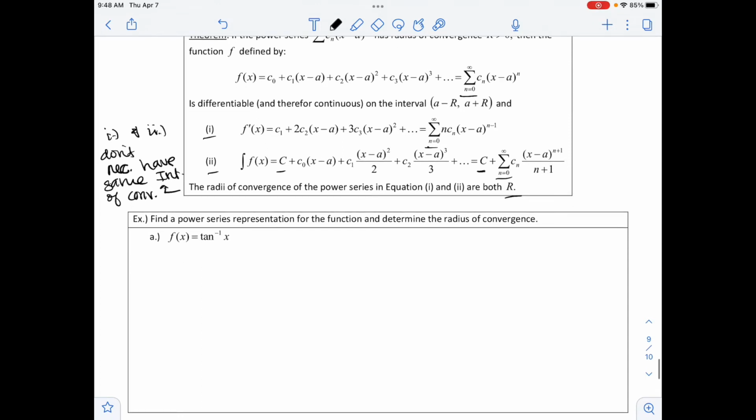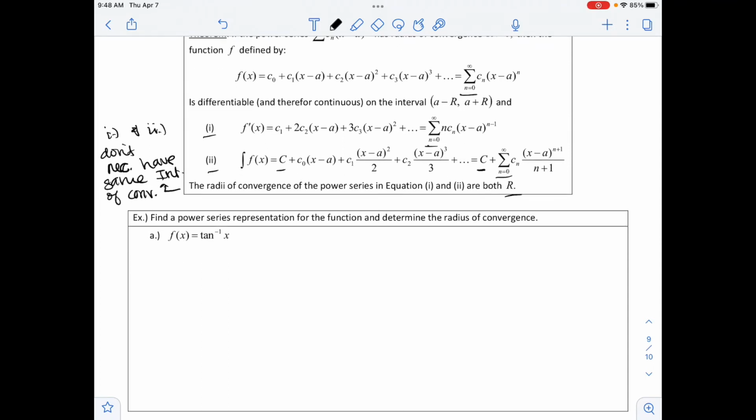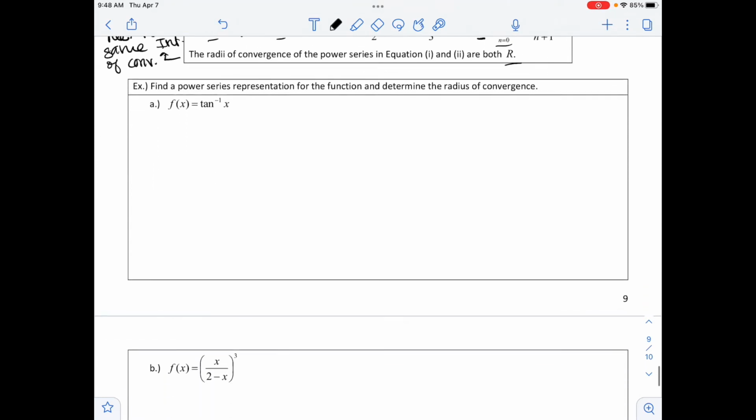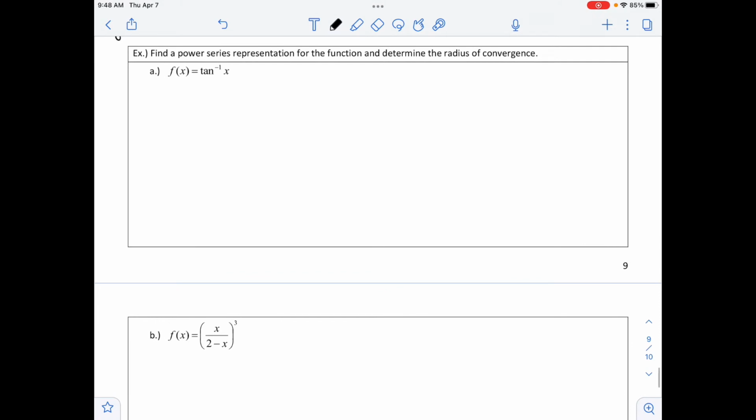So the example right below says find a power series representation for the function and determine the radius of convergence. So the function that we have is tangent inverse of x. And so for this, I cannot think of a power series representation. However, I do know that the derivative f prime of x is equal to 1 over 1 plus x squared, which looks more like that power series, which I could then rewrite as 1 over 1 minus negative x squared,